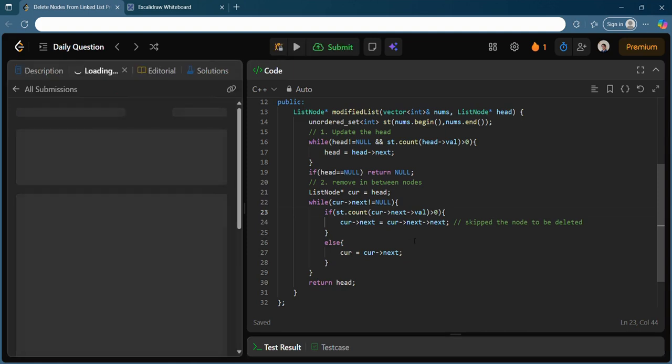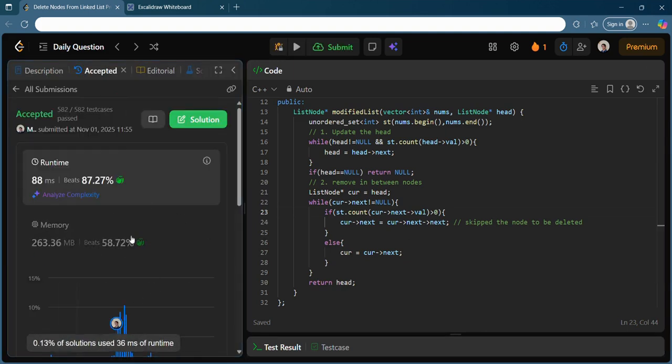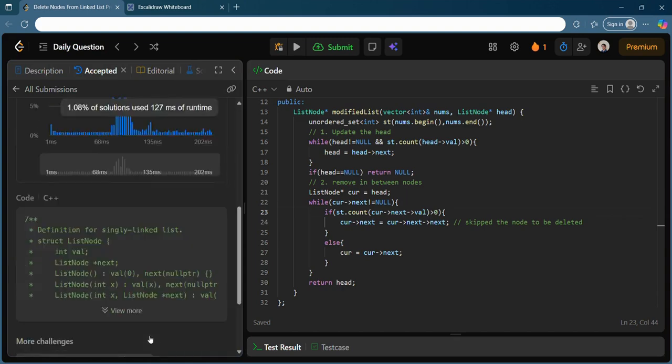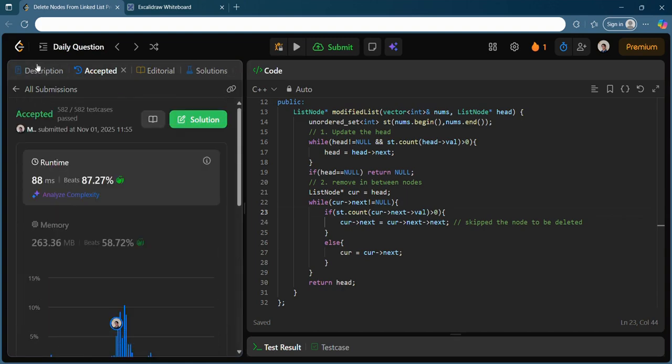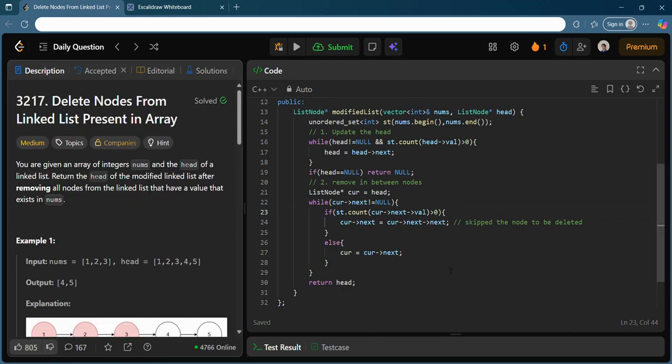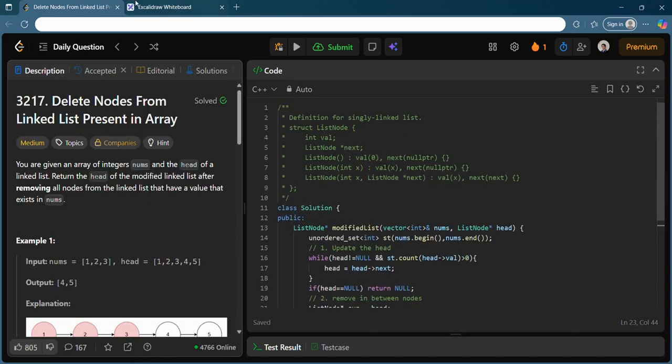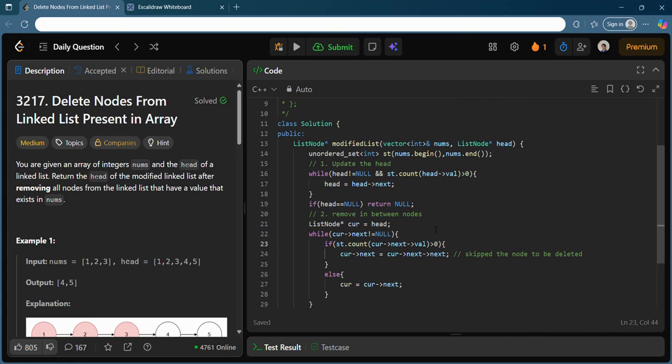I hope this problem was actually very simple. You see, we do get a decent runtime and memory complexity also. I hope the solution was also very clear. It is not at all difficult to understand, not at all difficult to think. So I hope you did get this problem, and even if you did not, I hope you understand it now. Just keep practicing and you will definitely improve.